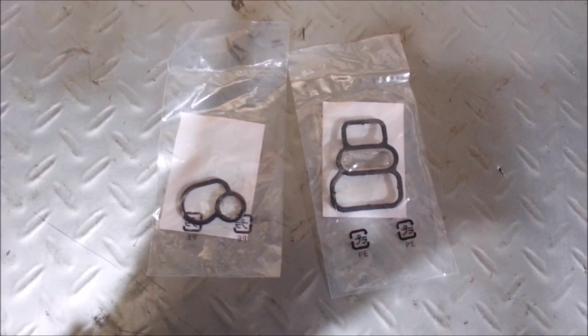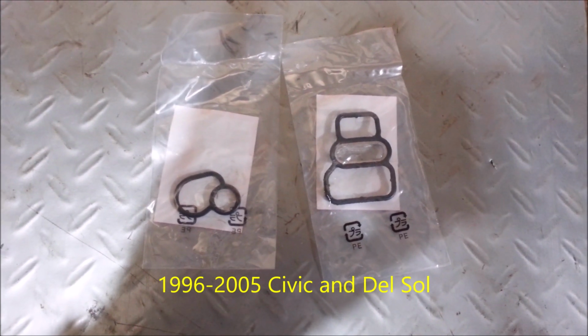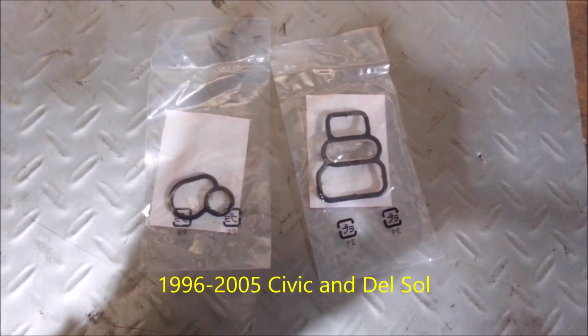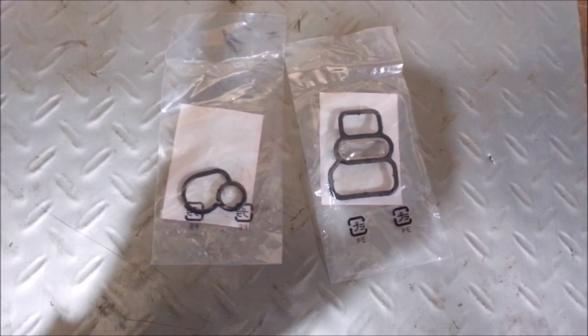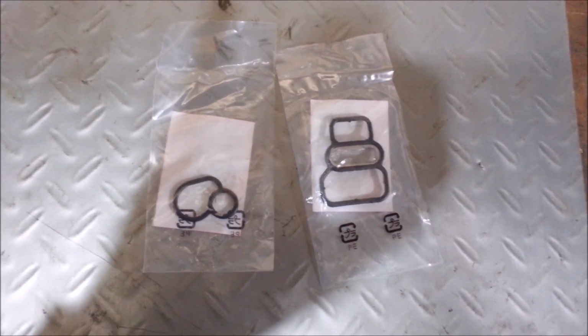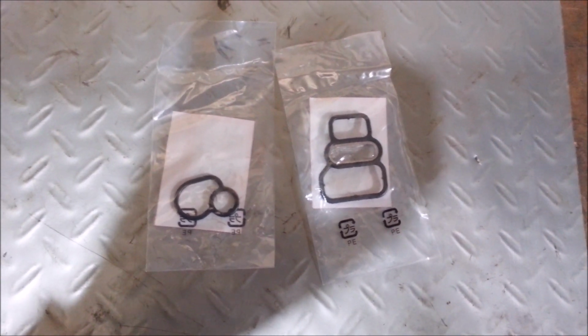I'm working on a '97 Honda Civic EX today. Your EXs and HXs are both the same. They've got VTEC solenoids in them, and sometimes they leak. If you're ever getting an oil leak on like the left rear side of the engine, or just the far left side of the engine,